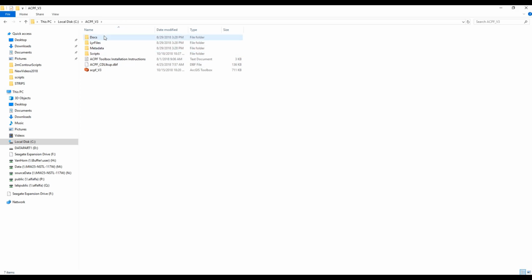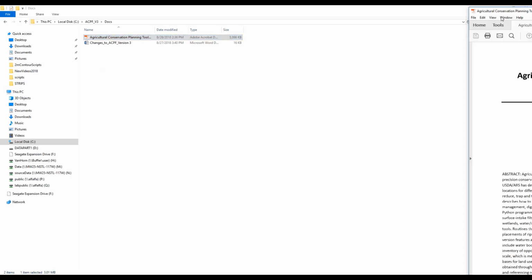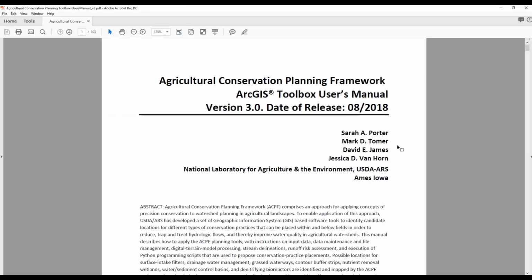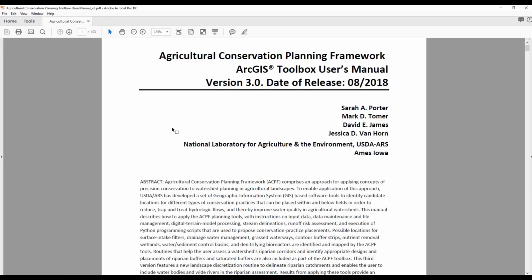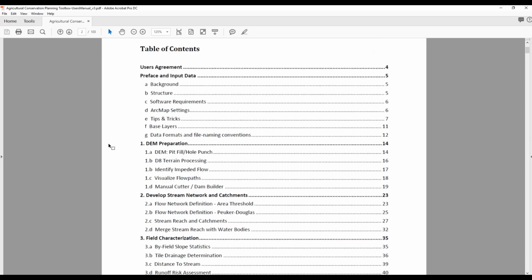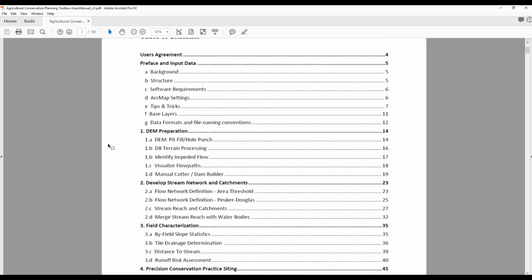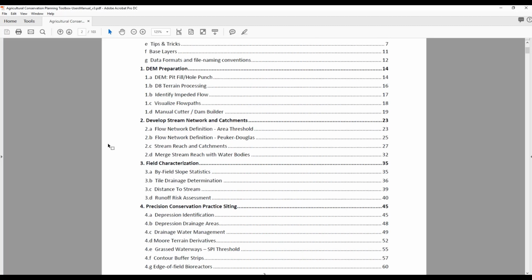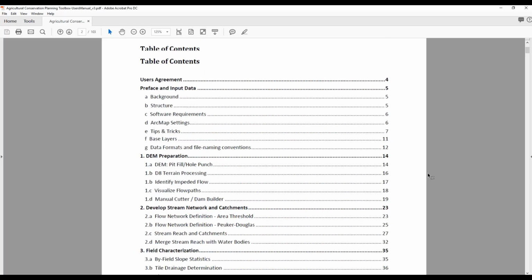Our first file is a docs folder. Within that is the user's manual. I highly recommend everybody reading through the user's manual. There is important information here based on the theories behind the ACPF, as well as how each tool runs and what inputs are needed for it and what outputs you will get, and explanations of all the attribution for each output.